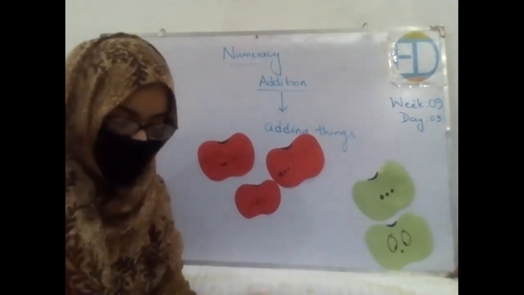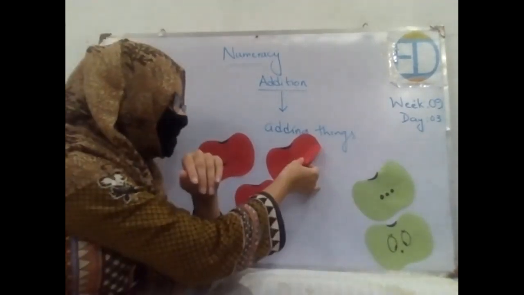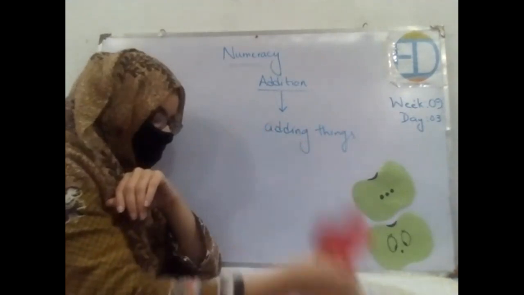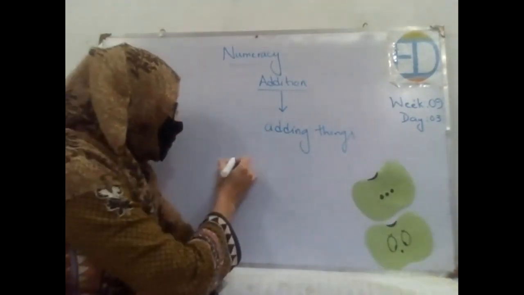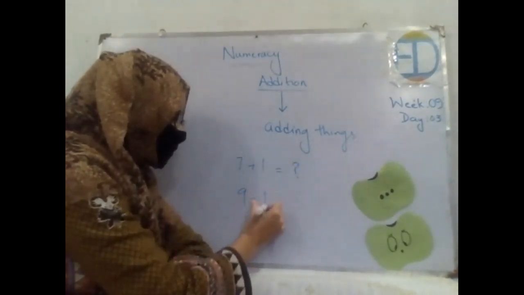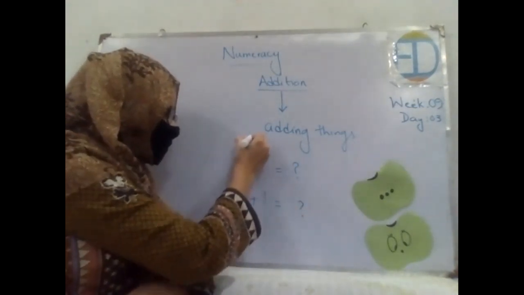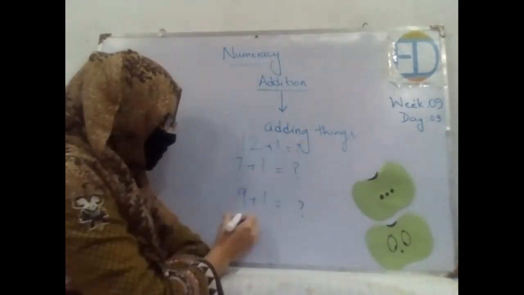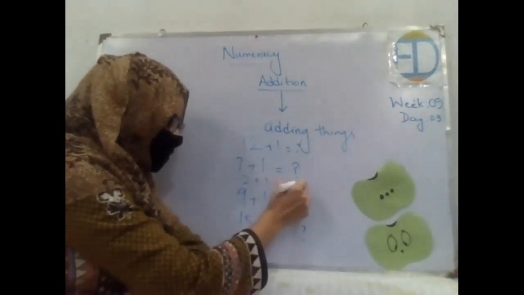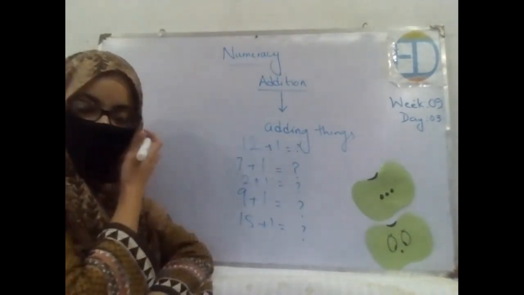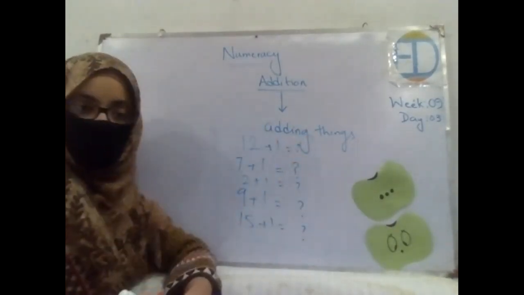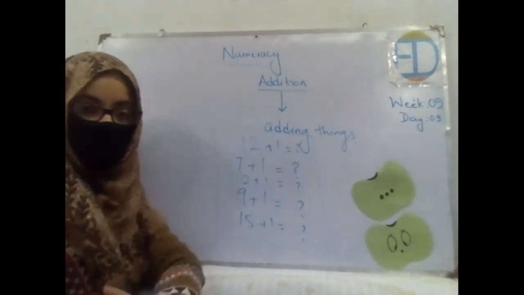Got it? Okay, so now I'm giving you some numbers and you are supposed to practice that at your home. Note down these numbers, okay? These are the 5 numbers that you will be practicing at your home. You can do practice with some other numbers as well. Okay. So this is your home assignment. Note it down in your notebook. Hurry up. All of you are done?